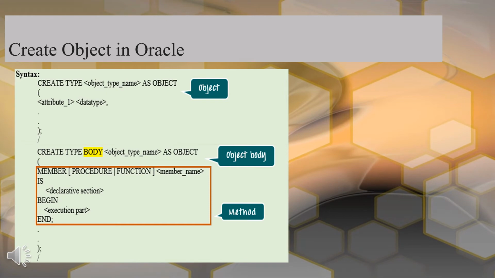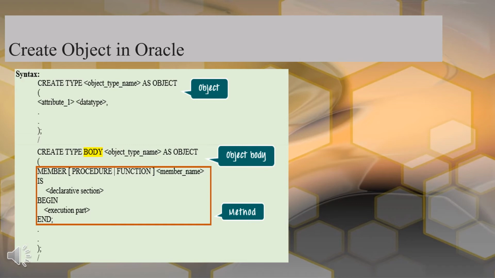Now let's see the structure of an object in Oracle. We have studied that Oracle consists of three main things: declaration, executable commands, and lastly the exception handling part. Here in the syntax you can see that whenever we are going to create an object in Oracle, we have to write create, and we can also write create or replace.